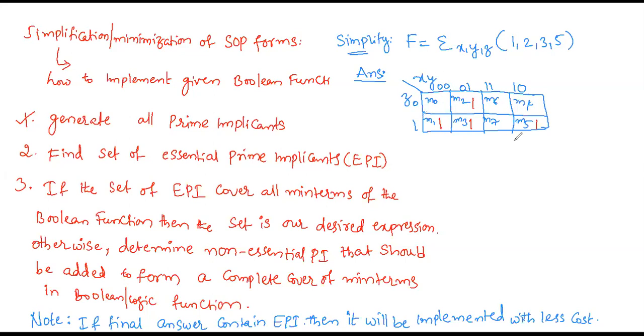Like that, you have to decrease the order. Here, 8 minterms as a group is not possible. 4 minterms as a group also not possible. So, we need to try 2 minterms as a group. So, M1, M3 side by side cells adjacent. So, this is one group, G1. Next, M2, M3 also side by side. This is one group, G2.